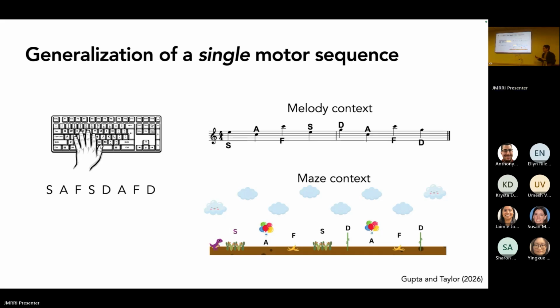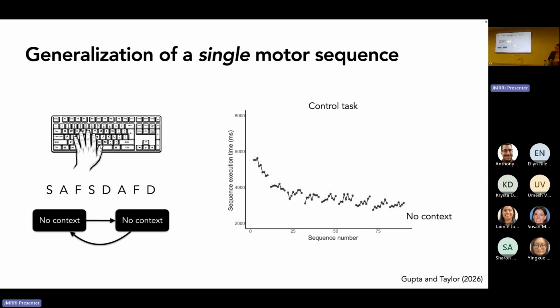So you're doing the same sequence, but potentially in two different contexts. Same motor sequence. Have people do this for about half an hour. In a control group, you've got no context, which is just seeing this on the screen, the typical way you would do a finger tapping task or a discrete sequence production task. It's different from an SRT task because you're not cueing it. It's always on the screen.